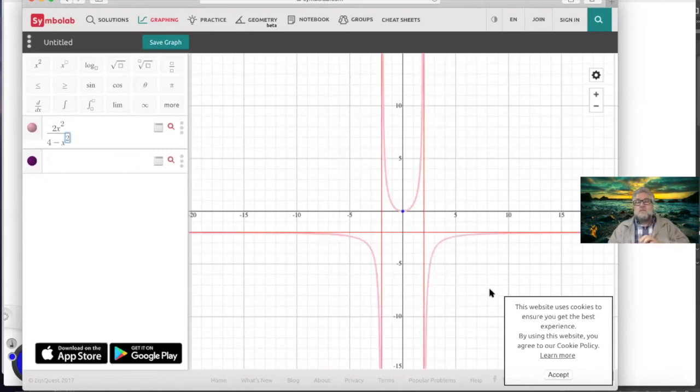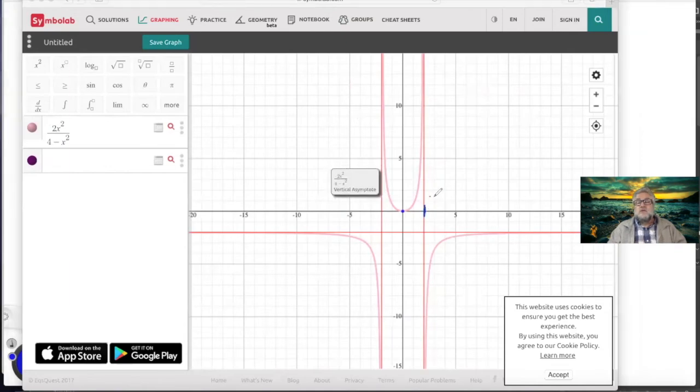So here's 2. So we're right here at 2, and we're over here at negative 2. And so as x approaches 2, it spikes down to negative infinity. So when it approaches 2, so we would write this,